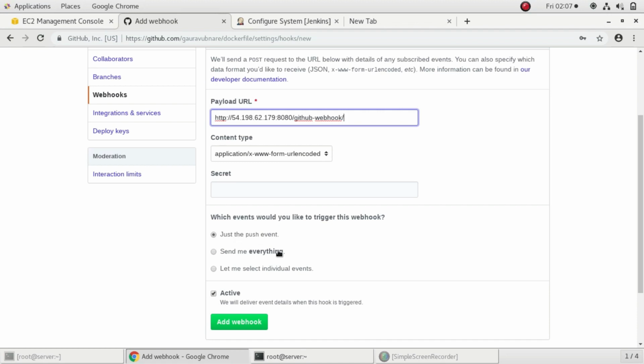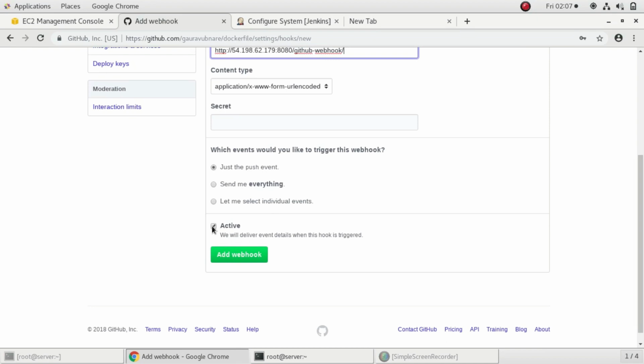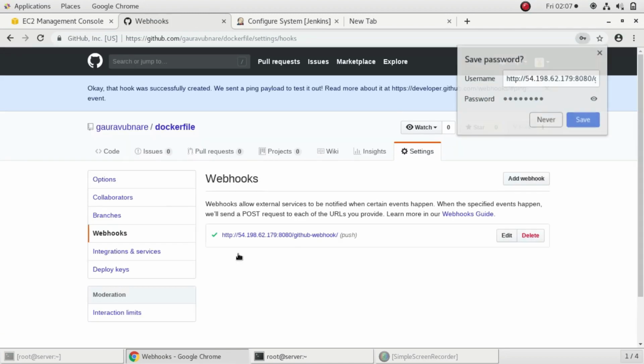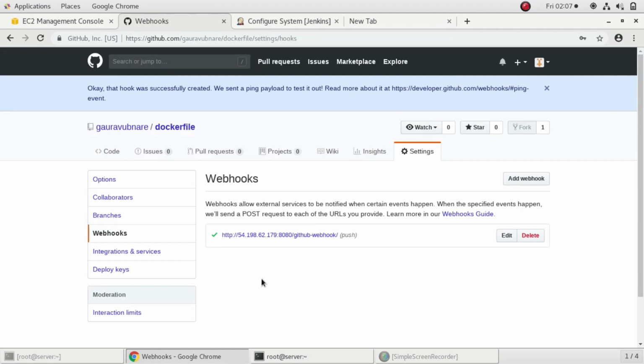Then make sure it is enabled, active. I'll click on add webhook. So the GitHub webhook has been implemented over here.